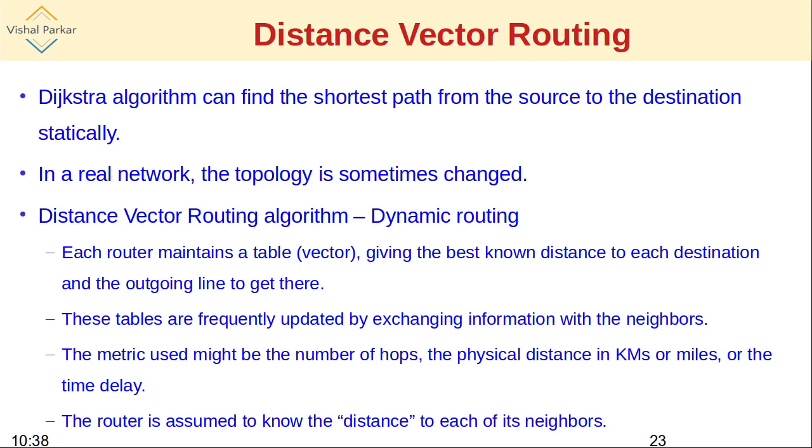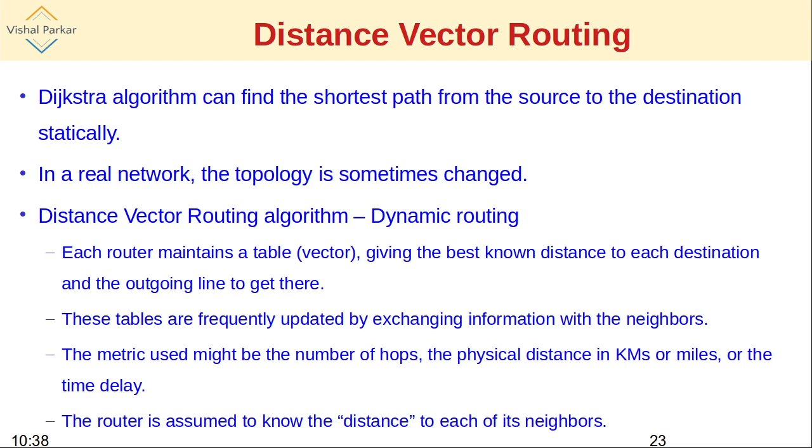Welcome to this video. We have been seeing the routing algorithms. In this, we have already seen two types of algorithms, or we have been seeing the algorithm categories like non-adaptive, in the sense that they once calculate the shortest path from a given source to a given destination, and then do not take into account the changes in the topology.